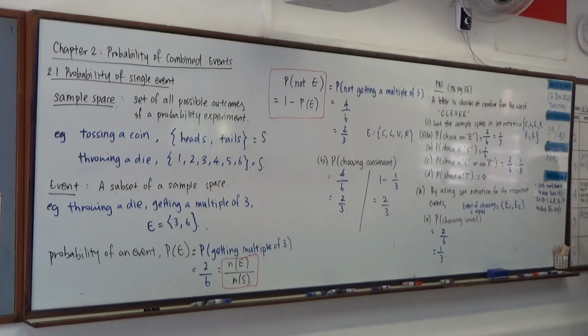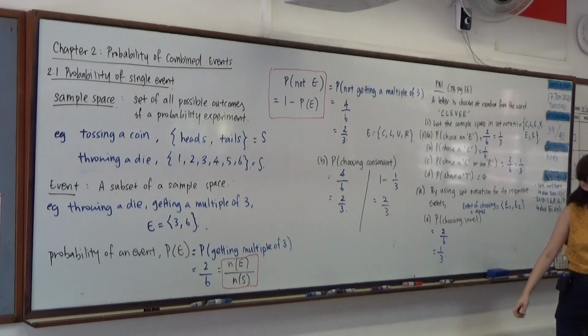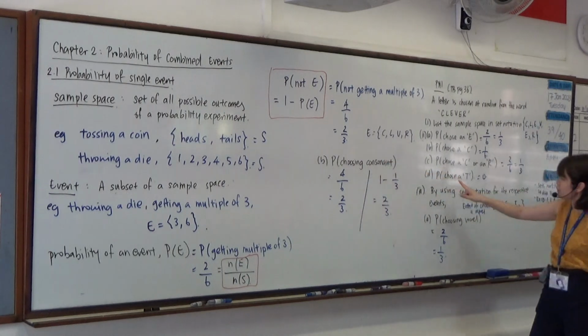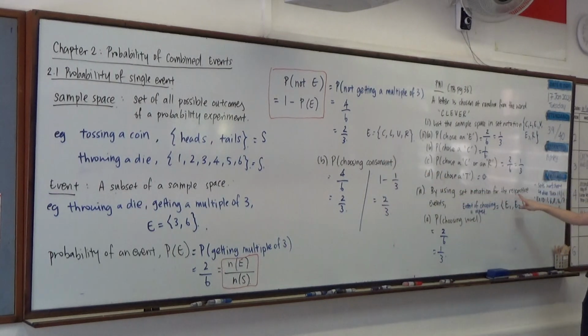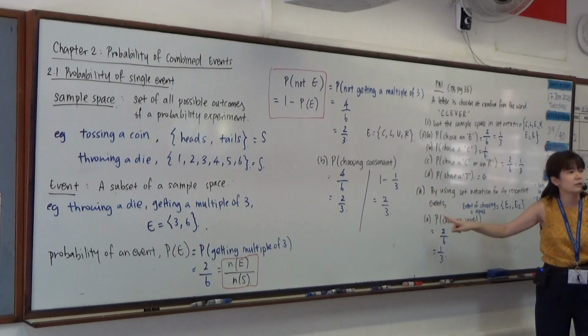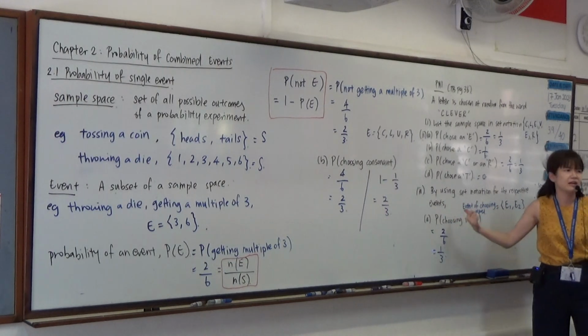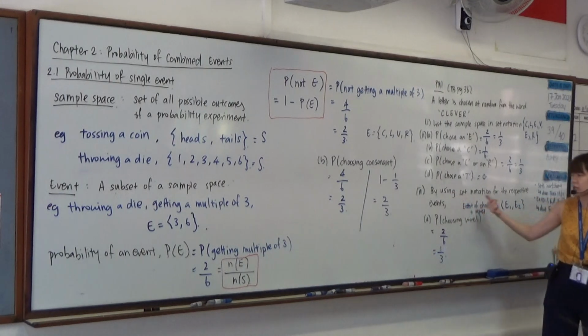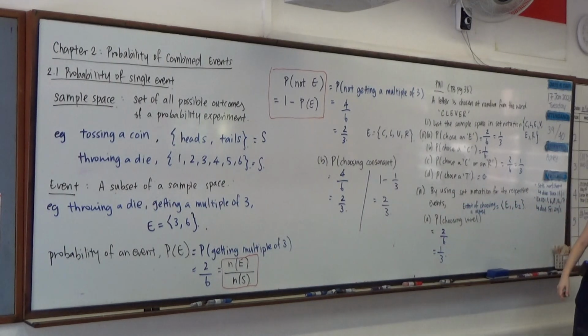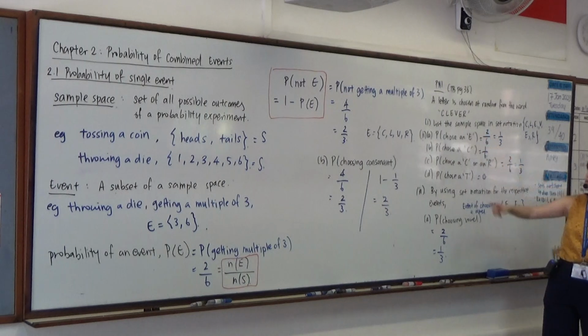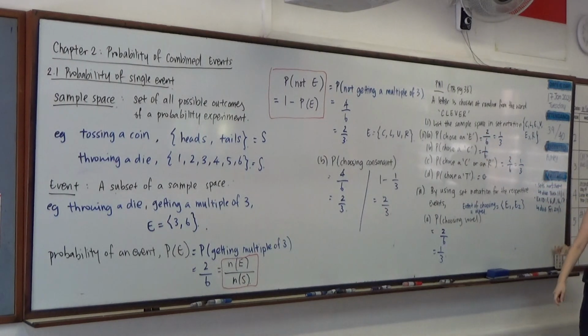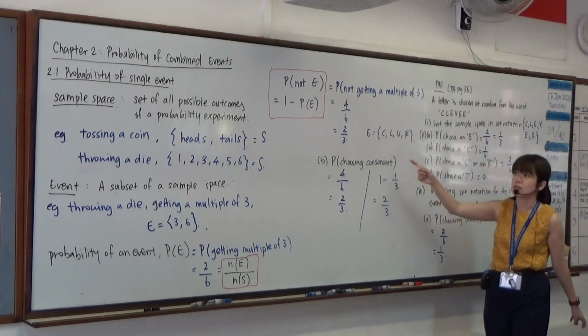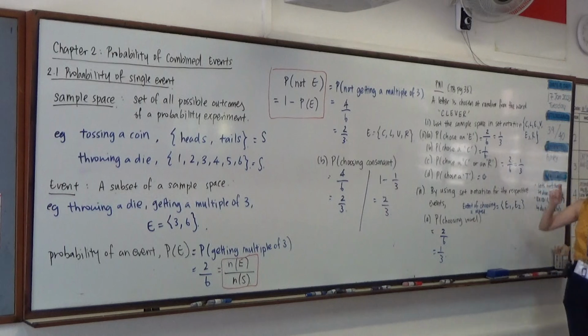However, despite my confidence, I just want to check also any questions. Yes, do we need to write the event? You need to, because in this question it says by using a set notation for the respective events. That's why I need to write. But most of the time, I never encountered like that before. They don't usually ask you to write it out. But I have ever seen an exam question asking to list sample space. Despite it being very rare. So I think that we need to know what sample space means so that you know how to write it out like that.